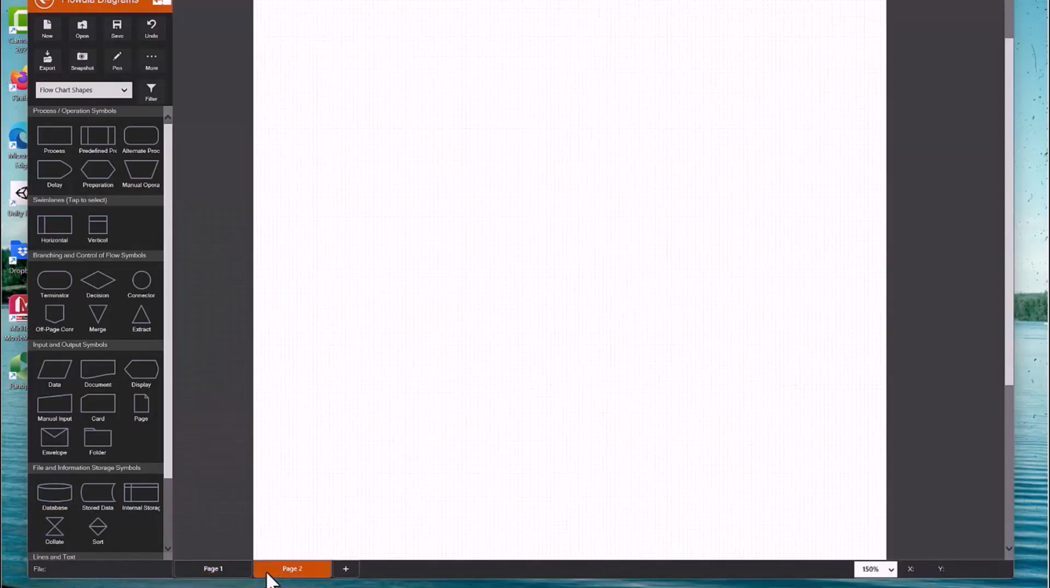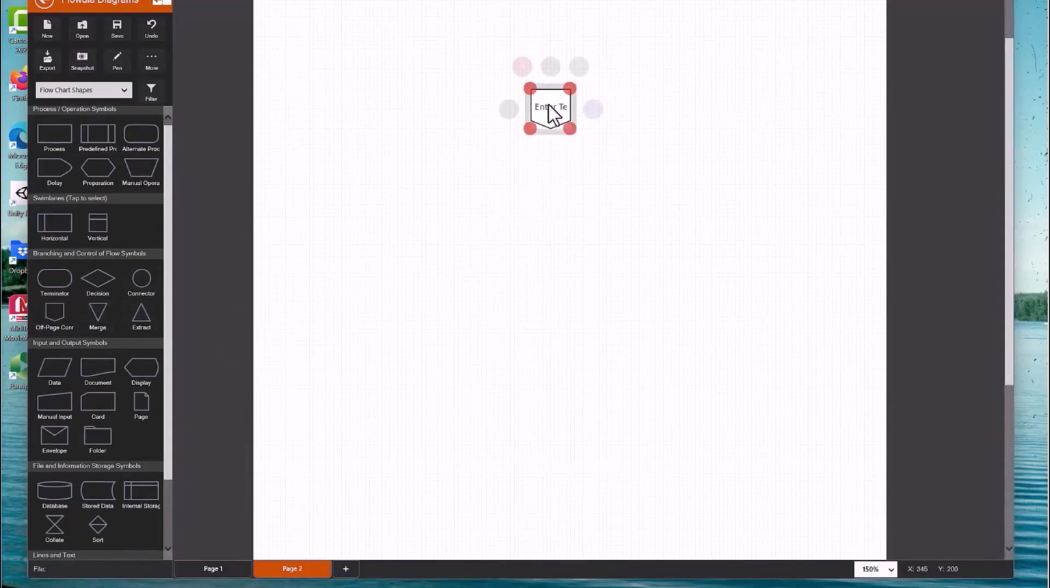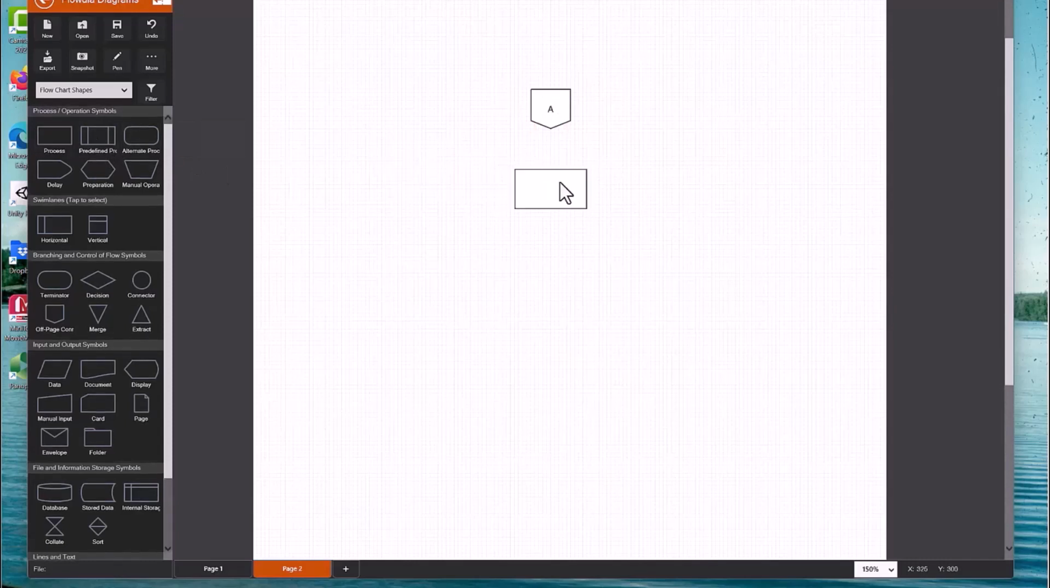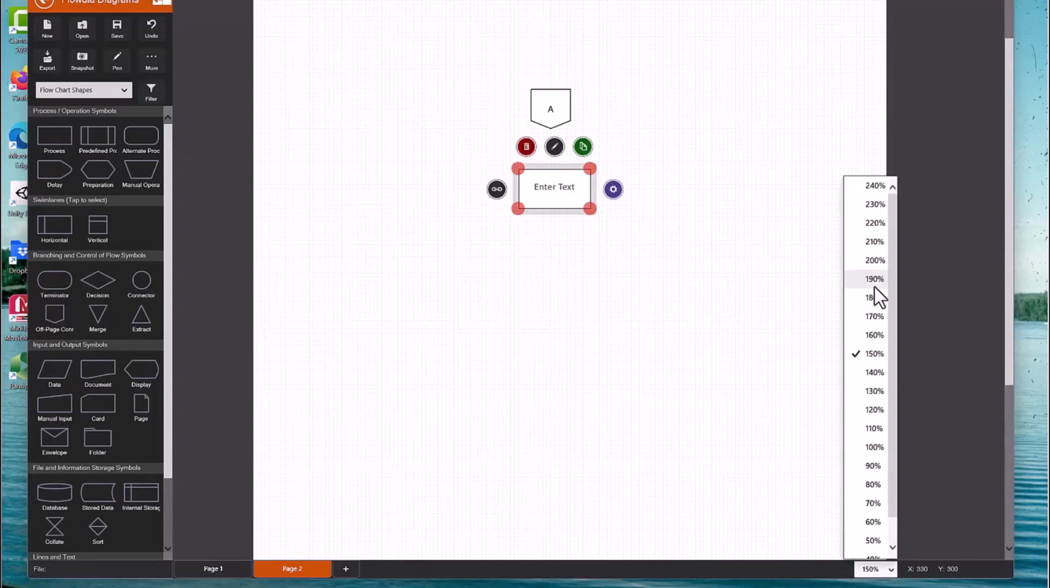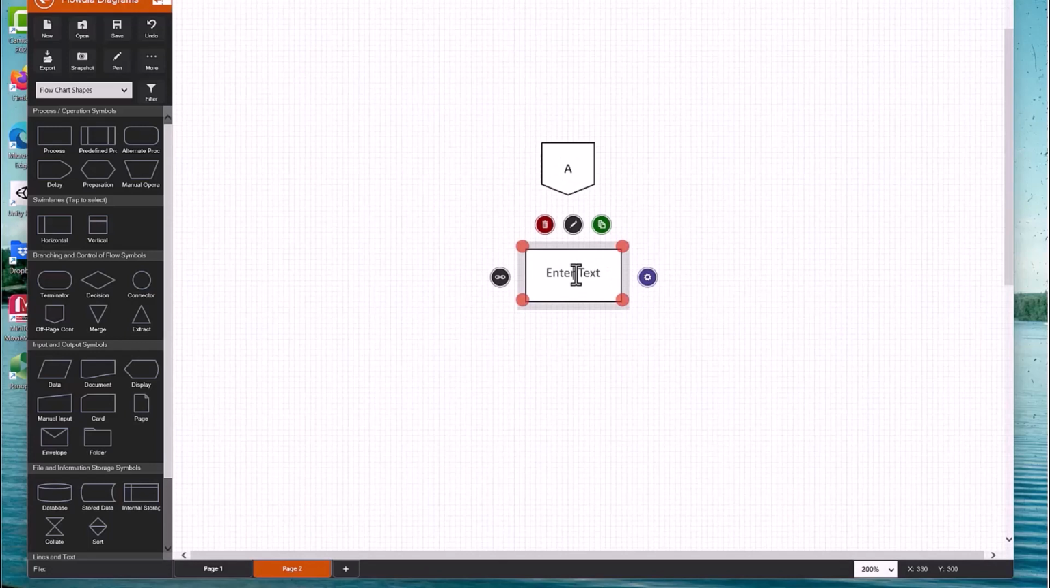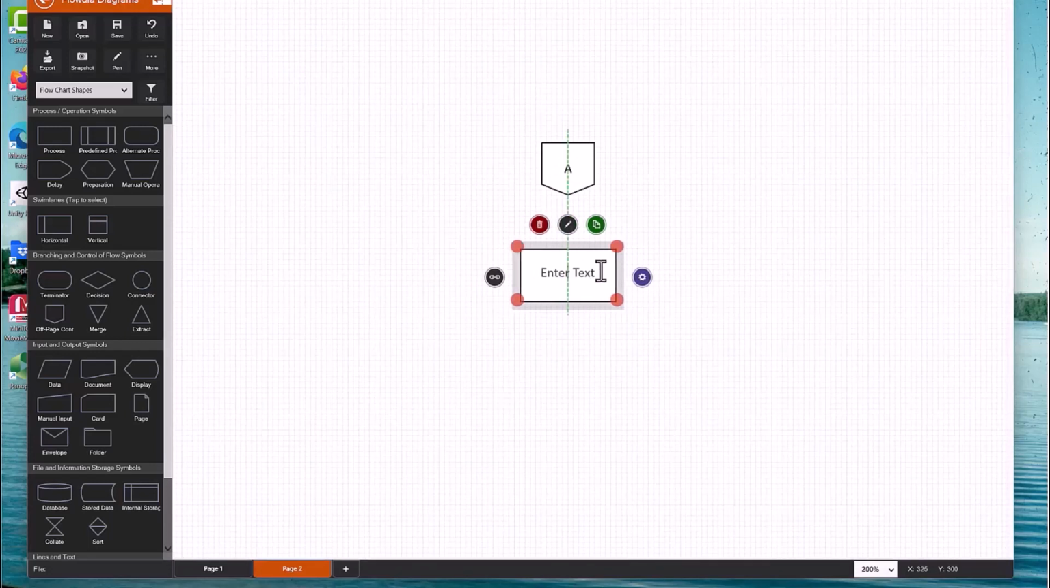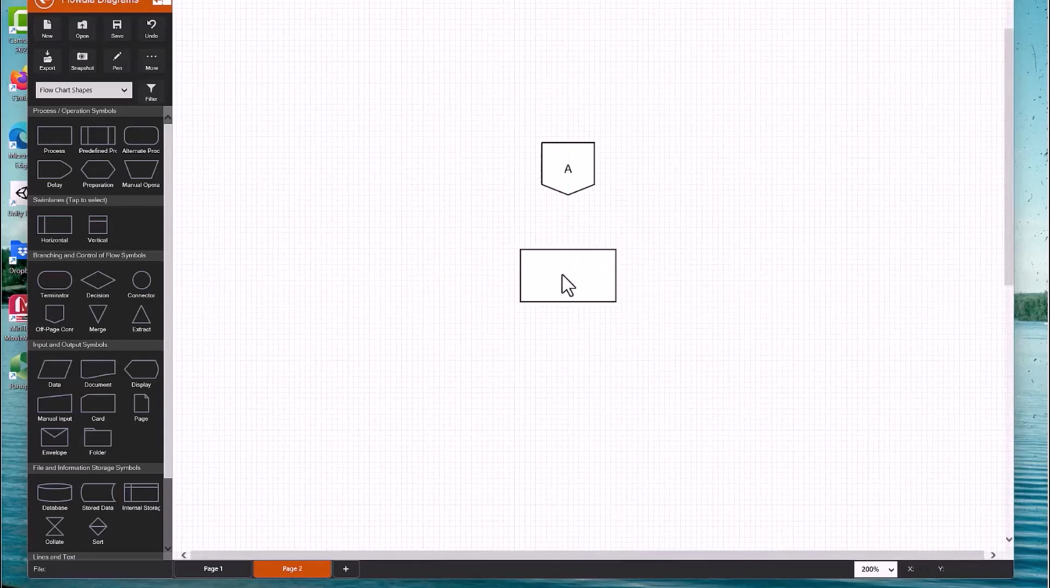So let's add a page to this. And what I'm going to do is I'm going to have an off-page connector showing this thing. And it's going to be A. I'll just put down an A in here. So we're going to go to A. Let's actually increase the size of this thing too so we can kind of see it. And we'll say, there, that's fine. Do something, let's see,